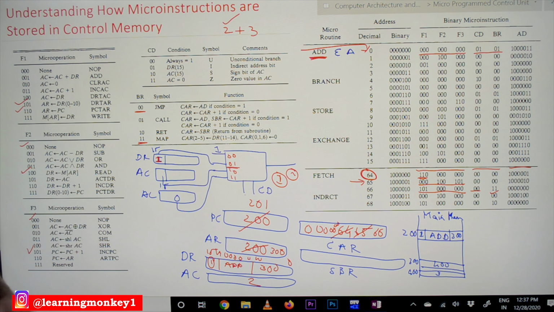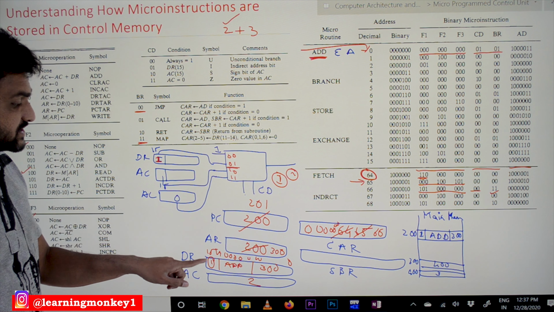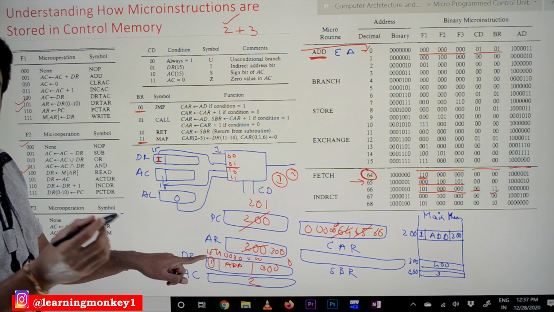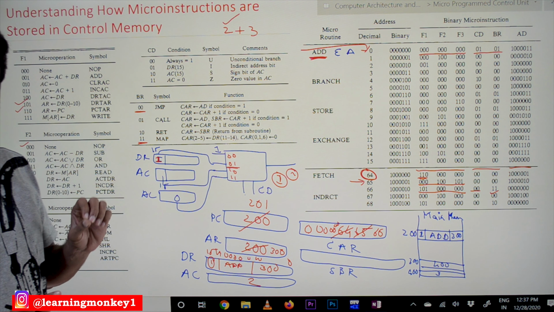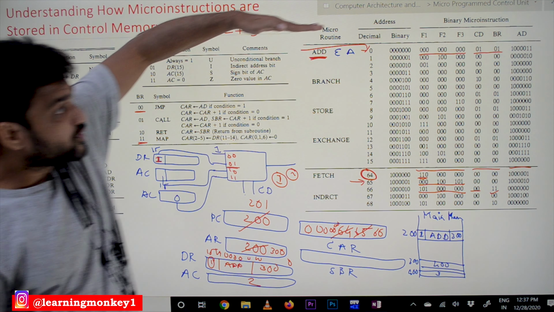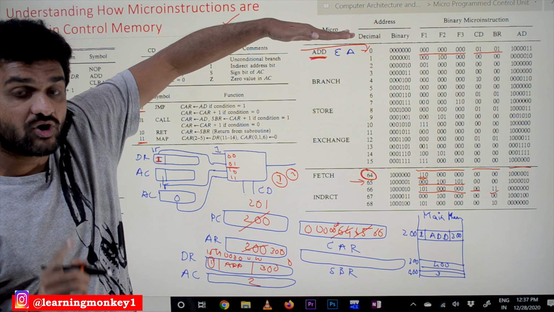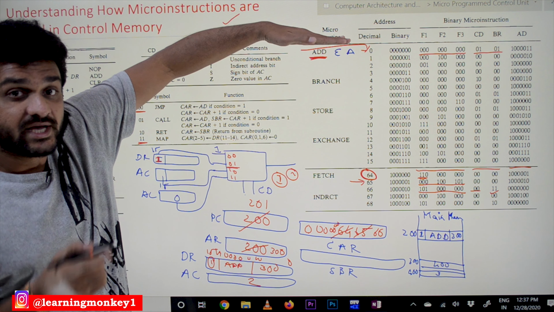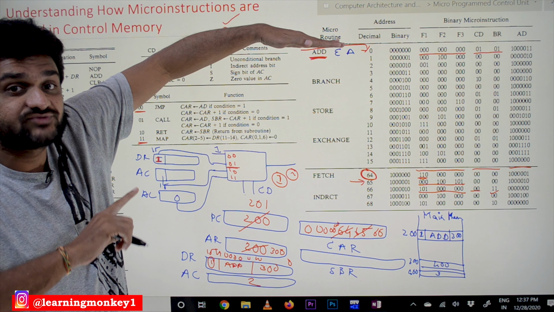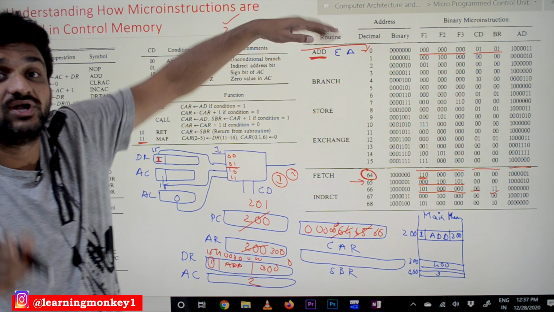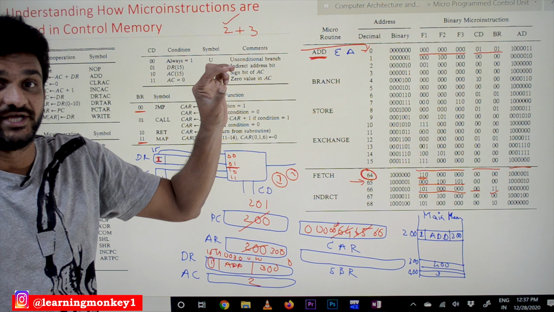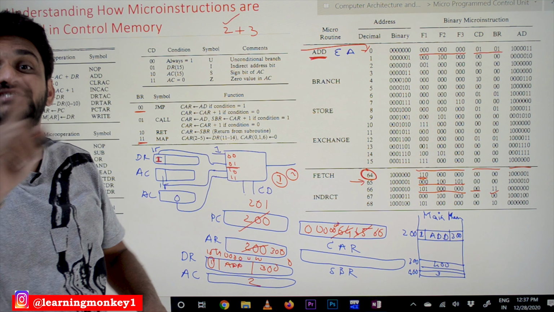So what this call is: if the indirect address mode bit is 1, which means it is indirect address mode, then in the process of executing a microprogram, there is a need for us to transfer to some other program's execution. This is what we call a subroutine. Subroutine means function call.